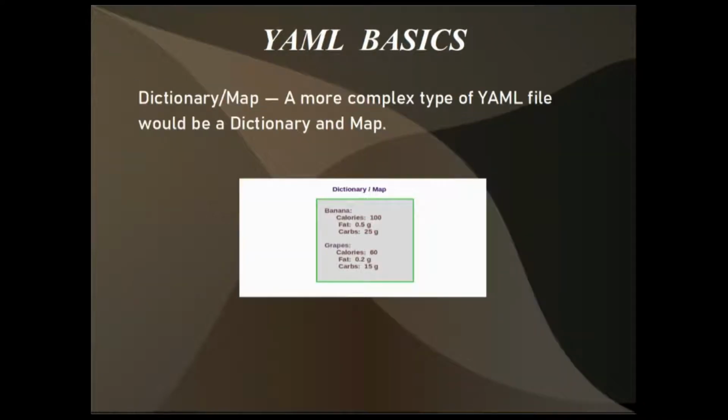Moving to the next one, we have something called the dictionary and map. In Java, we use map as one of the classes where we have a key and its value. Similarly, we can declare a map in YAML. All you need to do is have a key, and if it has any characteristics, declare them with a colon, the same way you declare the key. Make sure that you follow the indentation. If the indentation is not correct, it will throw a syntax error.